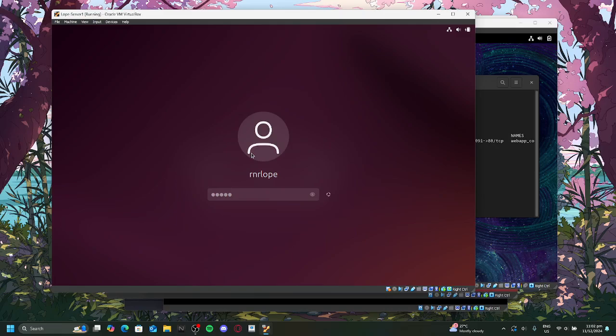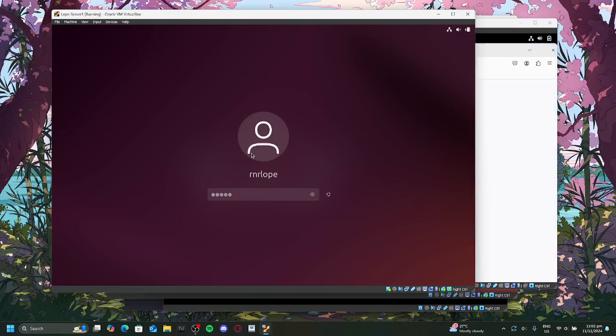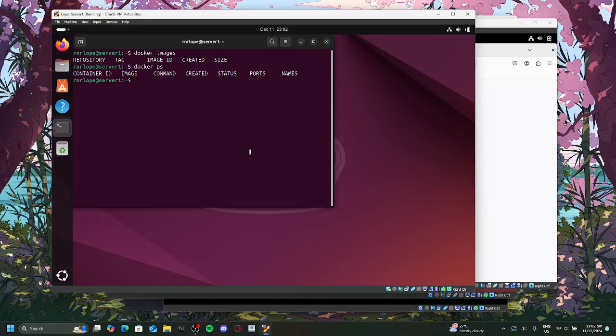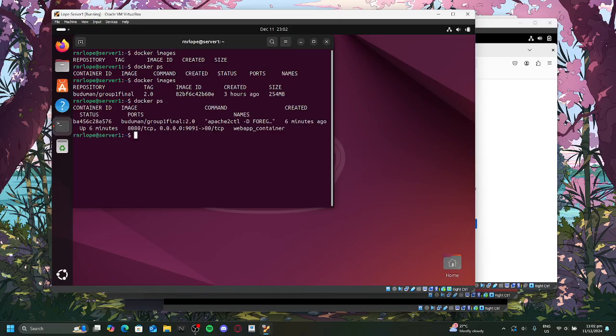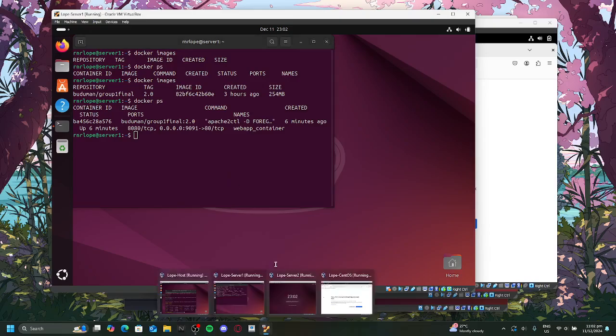Using the same command that we have used in CentOS, we're gonna see if the images and container have been successfully installed and run. We can see that we have the images under Docker images, and I'm gonna see if it successfully created a container. As we can see, we have our containers, same ports, same names. And we're also gonna check if the web is currently running on that port.